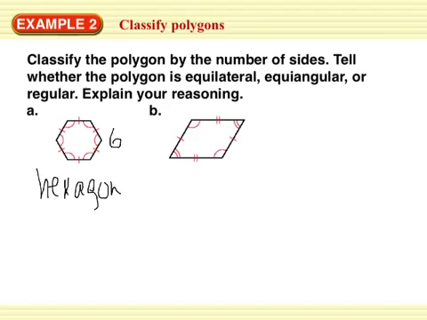All of the segments are equal with these tick marks, so we call that equilateral. And all of the angles are the same by looking at all of these arcs, so we would call that